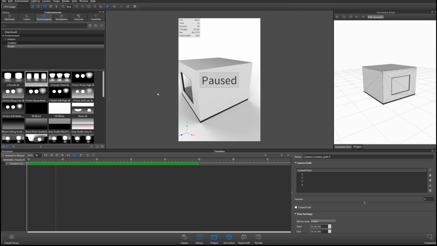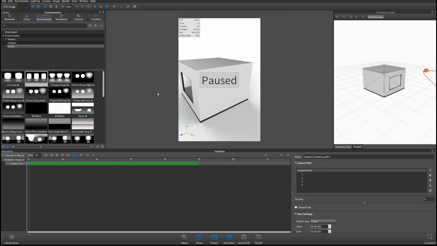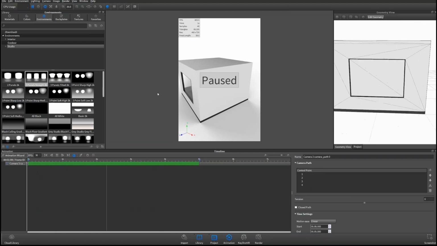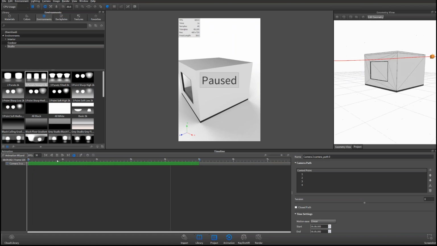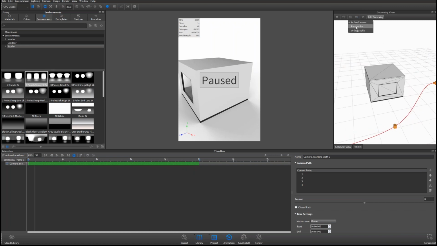So if you're rendering really complex scenes like the interior of a refrigerator with lots of reflections and frosted glass, this is a really nice new addition for us. Now I can control all of those as points as well.